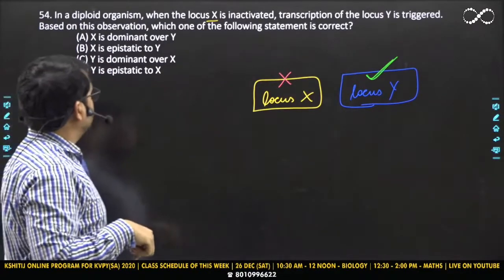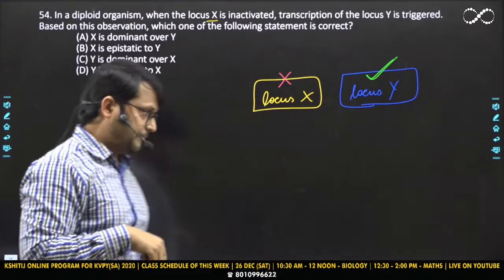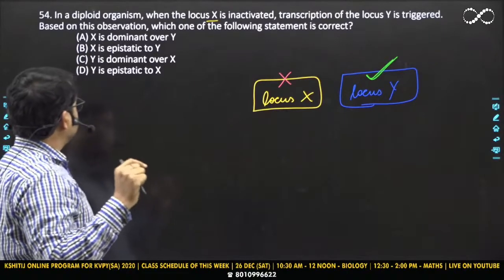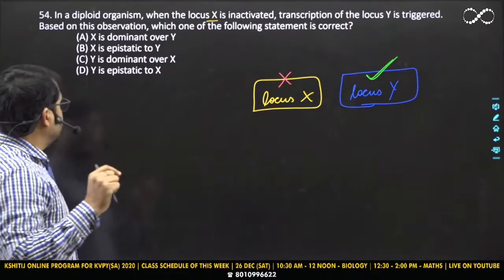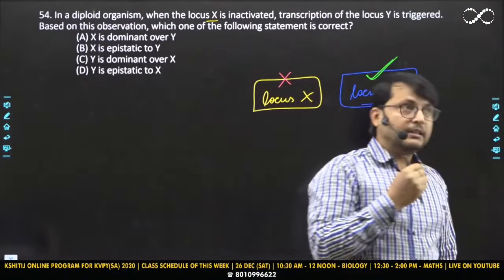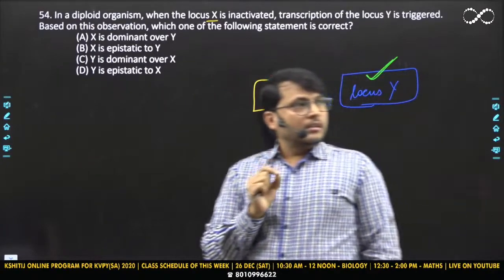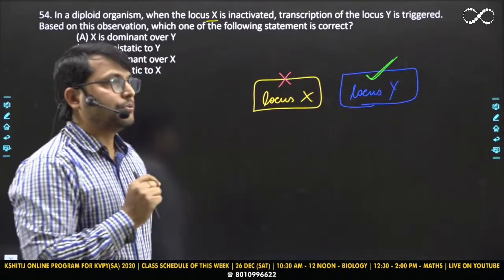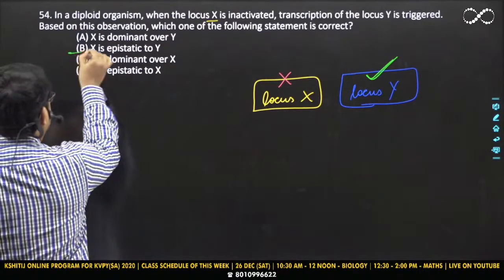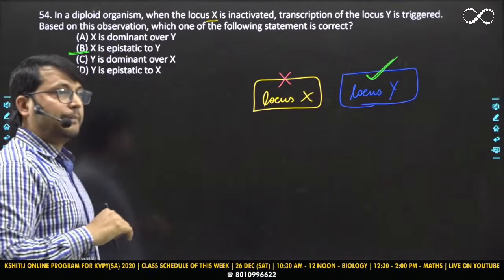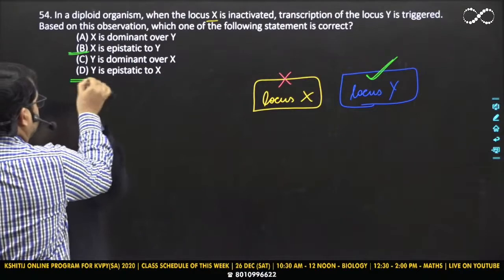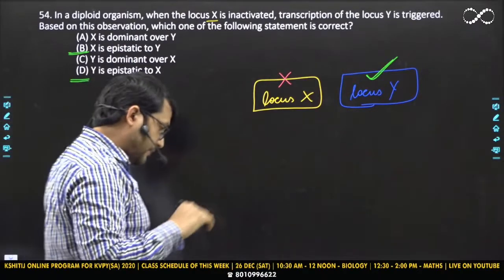A, X is dominant over Y. B says X is epistatic to Y. C says Y is dominant over X. And D says Y is epistatic to X. Great. Now, I can see the options. Most of you are saying option B, that is X is epistatic to Y. And one person, online edu, is saying option D, that is Y is epistatic to X. Let's see